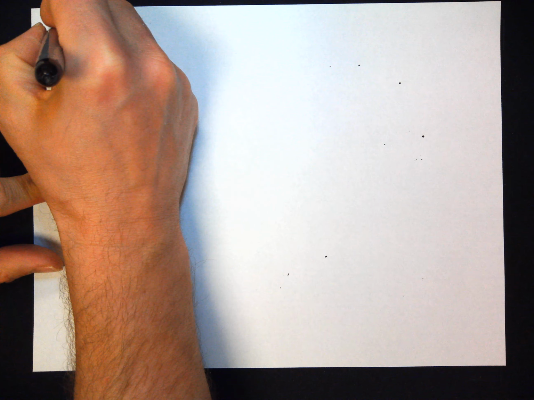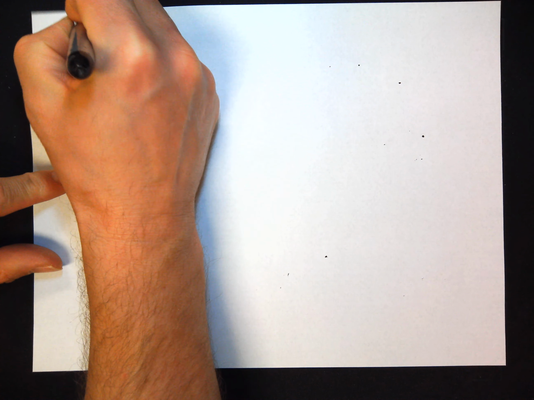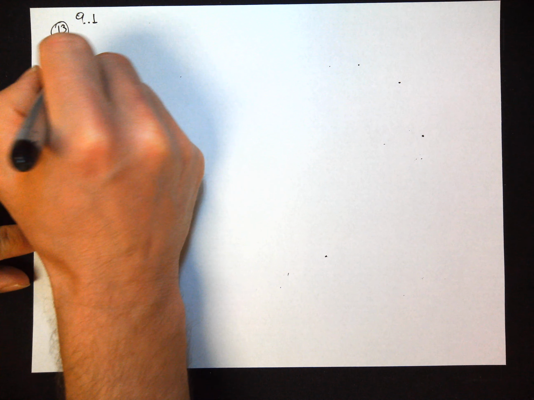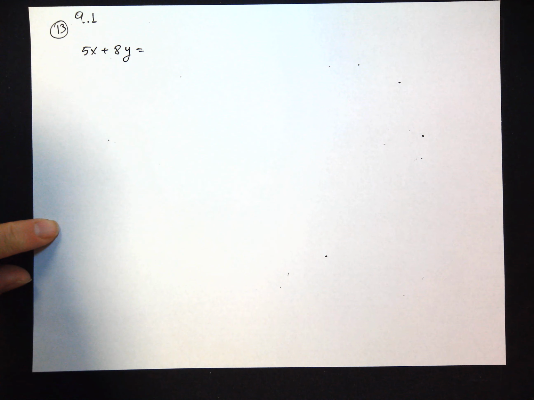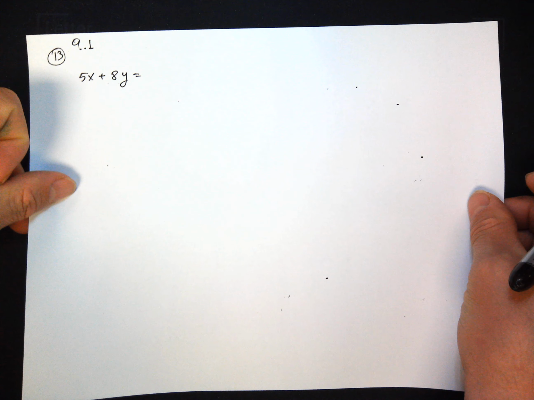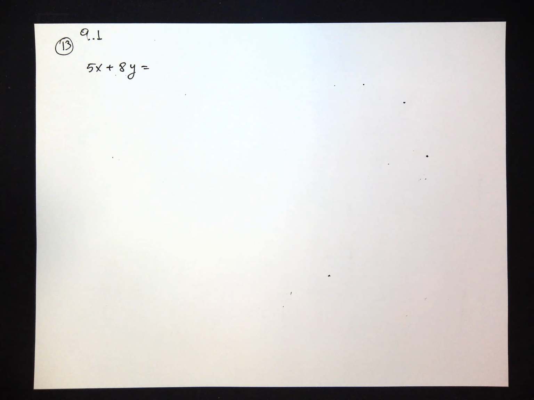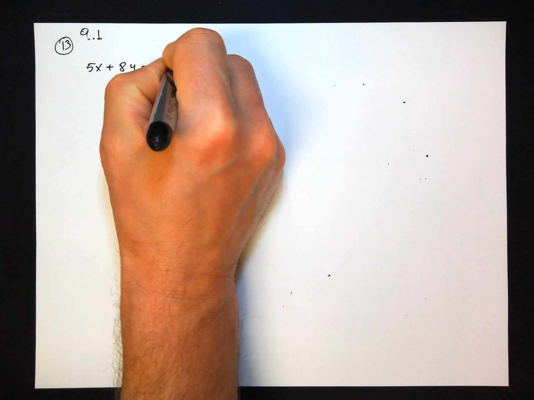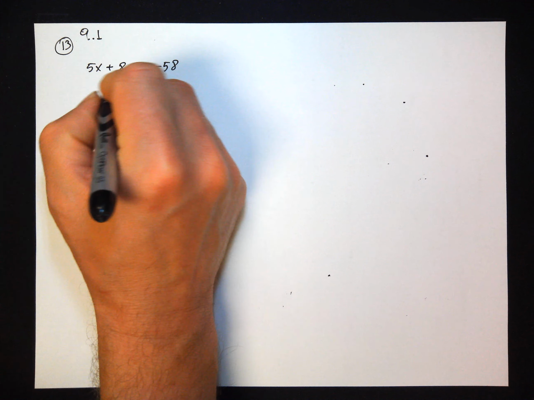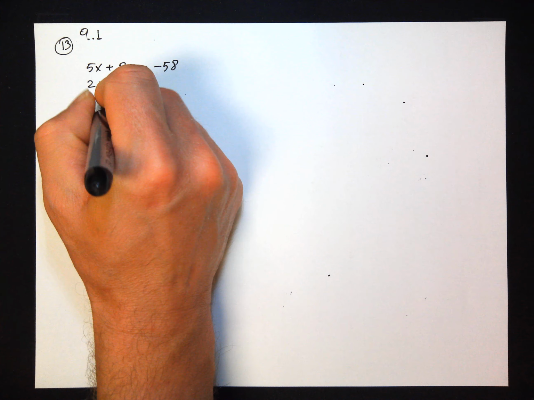Let me write it down. So 13 or 9, 1. Okay. So 13, 5x plus 8y equals, what does it equal? Negative 58, and then 2x plus 2y